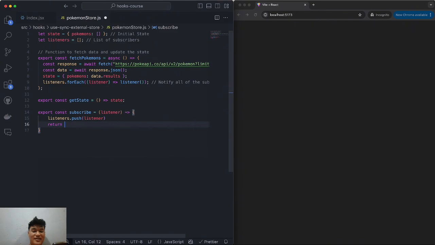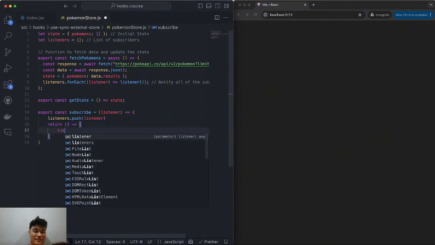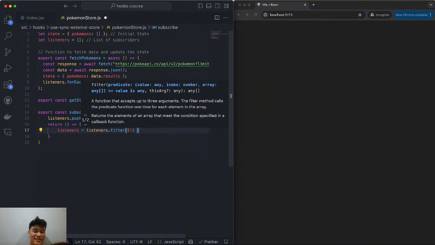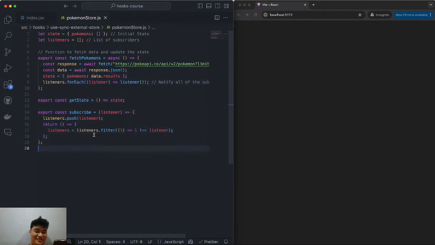And then when we finish this, we also want to clean this up and return back a function where I say listeners is equal to listeners.filter, and we'll just filter out if the listener is already there. So I'll say L is not equal to listener. So just some logic to keep it. I know it's a bit confusing. I recognize that, but this is a very common pattern that you might see when creating a store like this,